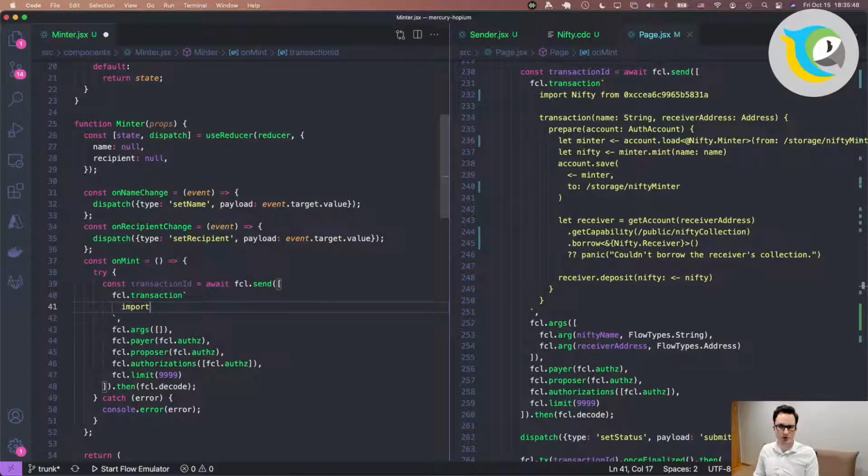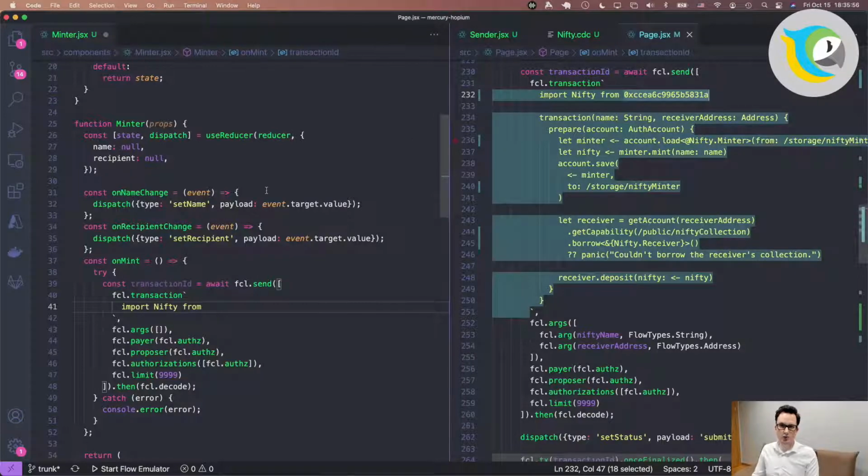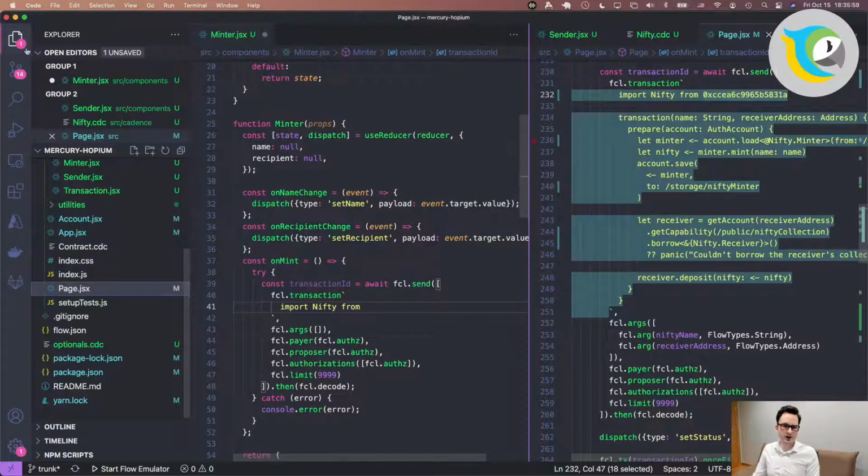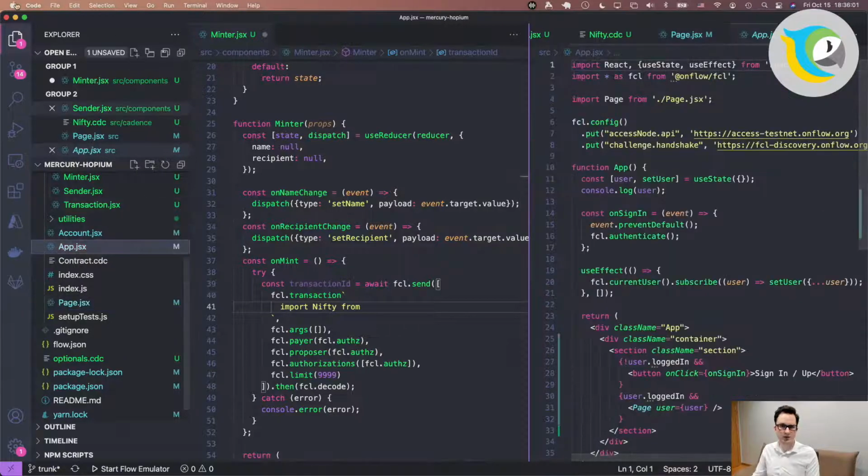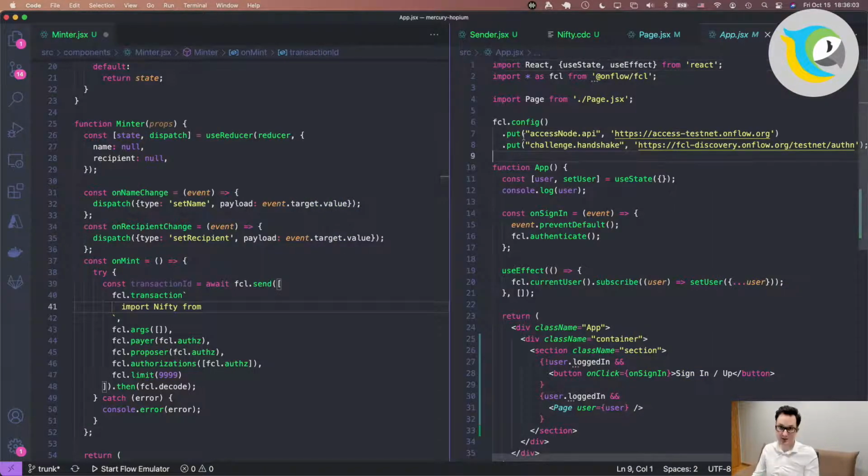Previously, what we did was we were importing Nifty right here from a hard-coded account address. Okay, that's cool, but there's a better way to do it if you don't want to hard-code your stuff. So here's a suggestion.